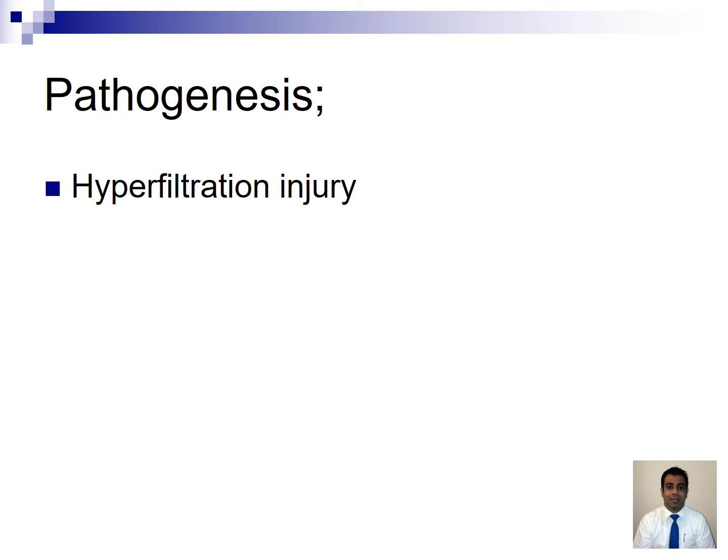So the more glomeruli you lose, the higher the intraglomerular pressure in the surviving glomeruli, and that intraglomerular pressure damages the glomeruli further. So there's further loss of glomeruli, further increase in intraglomerular pressure, and a vicious cycle is created. That's why once you reach the advanced stages of chronic kidney disease, it is a relentless progression, and it